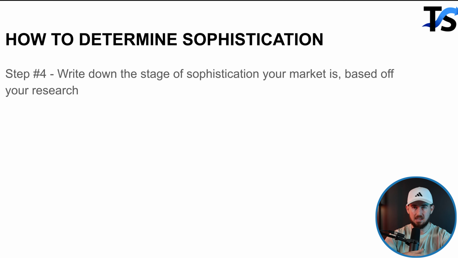It's more so about how easy it is. For example, if you have an e-com brand, stage 4 is pretty easy to go to, because all you've got to do is figure out that everyone hates this particular t-shirt because of the arms for the guys. It doesn't make their arms pop out. So I'm going to make a t-shirt where I tighten up the arms a little bit, and it makes the guys' arms pop out. I'm not introducing a new mechanism, I'm simply making the shirt better, which is stage 4 market sophistication. I'm reviewing what other people hate about prior products. Stage 3 is going to introduce a whole new mechanism.